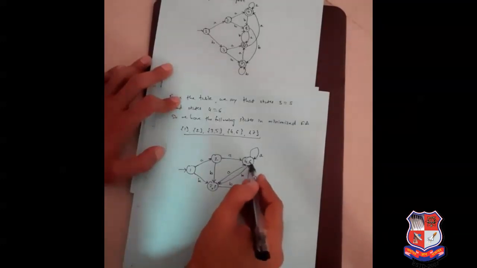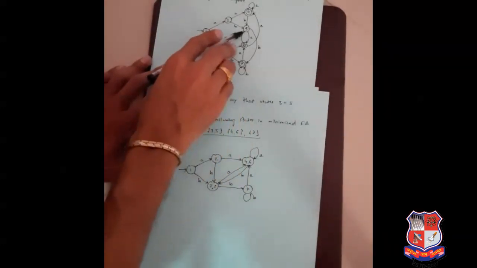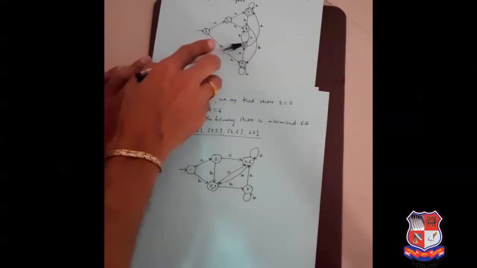So all are completed. Now check it for this similar state 5. 5 to A is 6, already here. 5 to B is 7. So we can say that it is the same as 3. Now check it for the remaining, 6. 6 to A is 4. Check it, 6 to A is 4 itself. That is right.